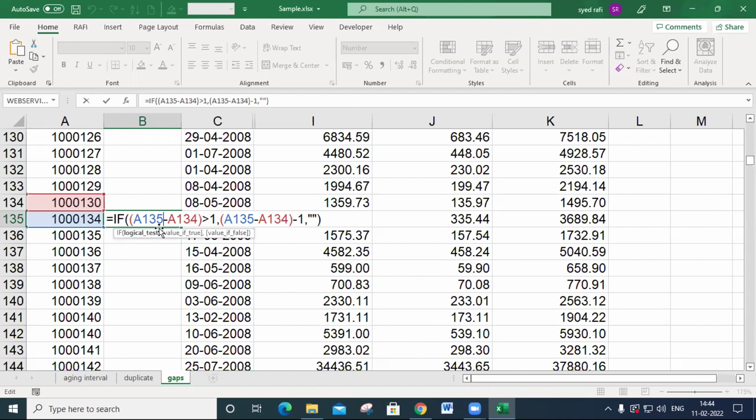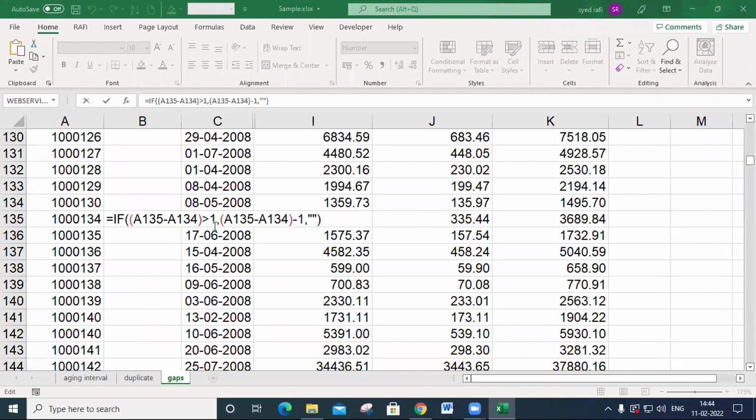Do you feel this is a complicated formula, Rajan? I can memorize it, sir. No problem. This is the logic: we subtract both of these invoices.